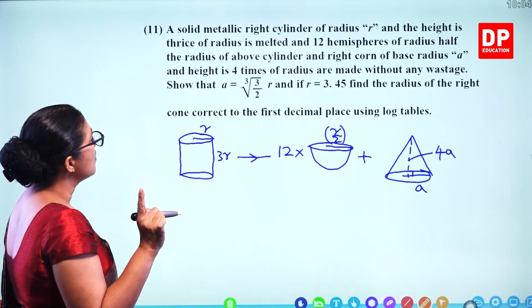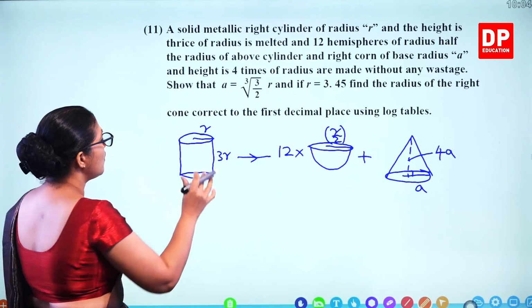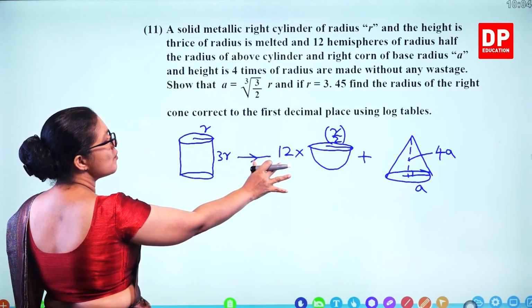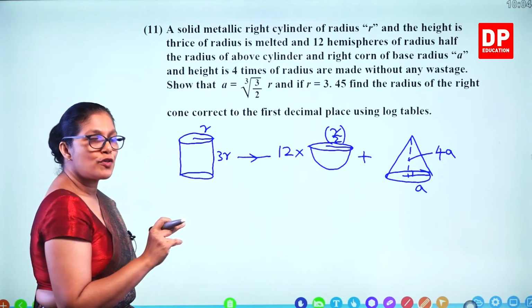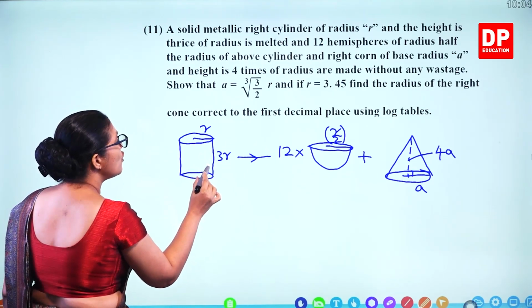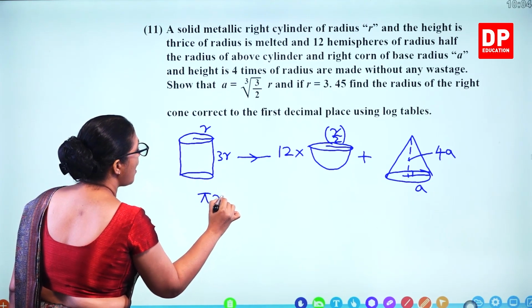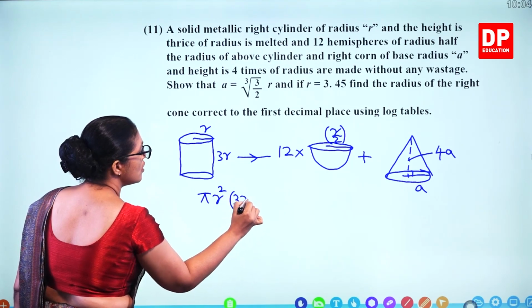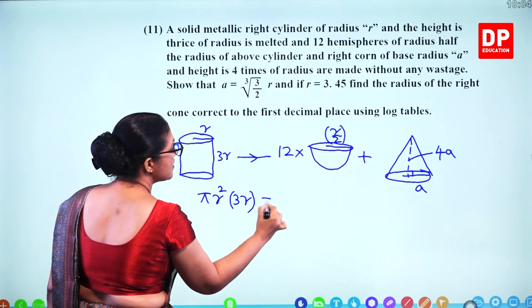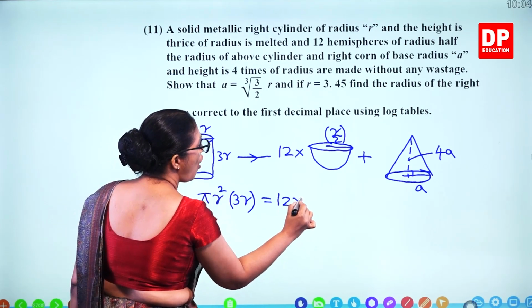Show that a equals this. So you can equate. The volume of this is equal to the sum of volumes of the other two. So what's the volume of the cylinder? Pi r squared h. h is 3r. That's equal to 12 of